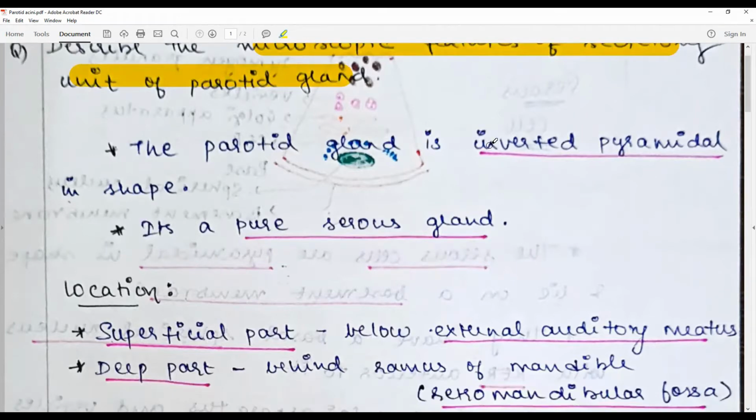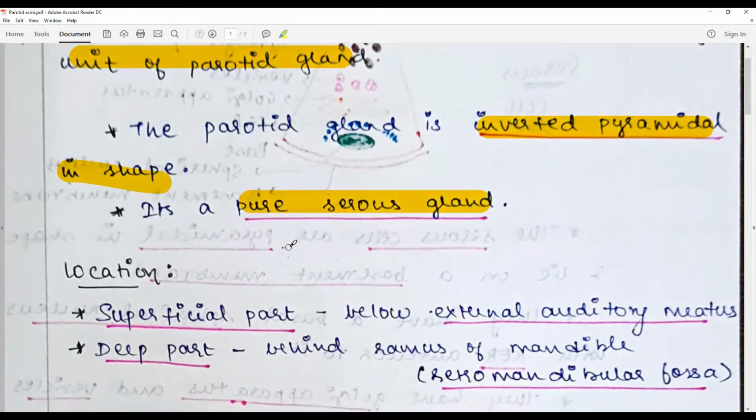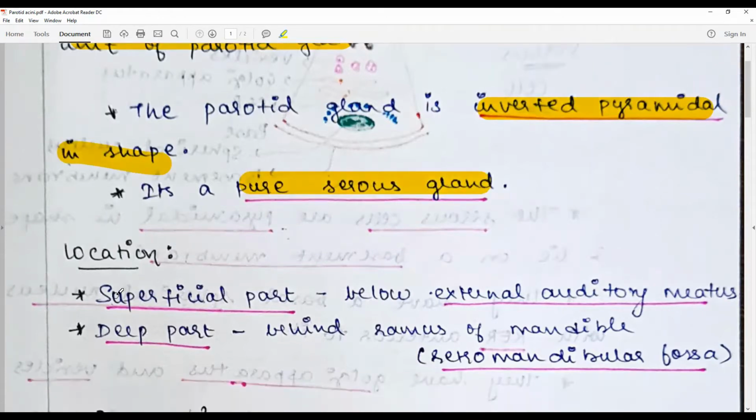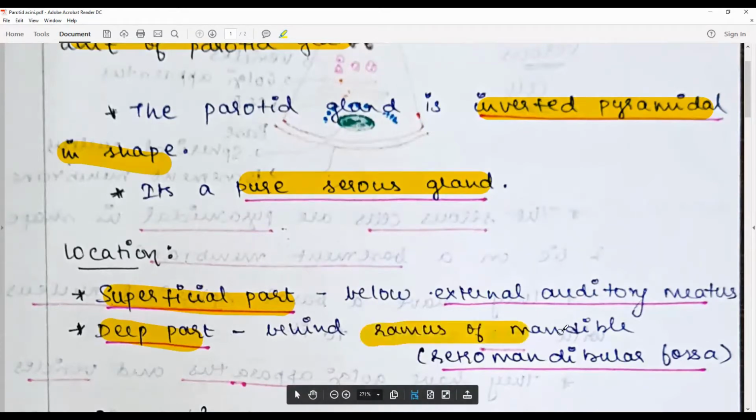The parotid gland is inverted pyramidal in shape, which is a pure serous salivary gland and has two major divisible parts, the superficial part and the deep part. The superficial part is below the external auditory meatus, whereas the deep part is behind the ramus of the mandible along